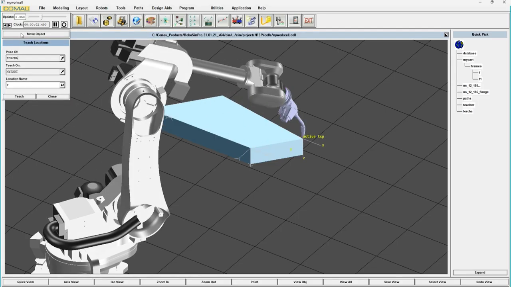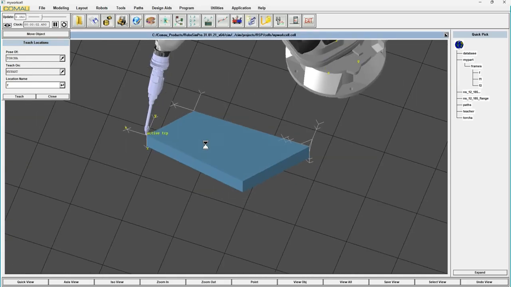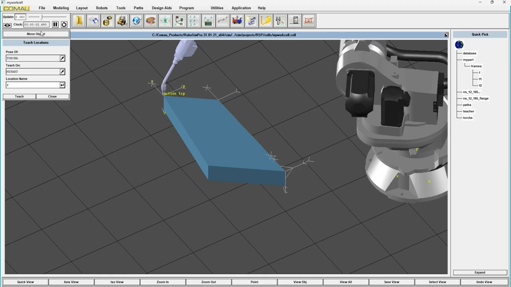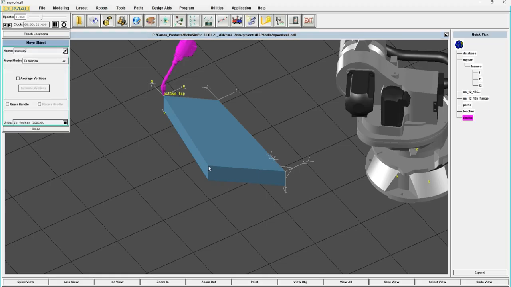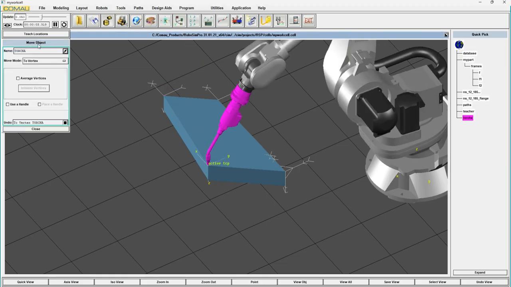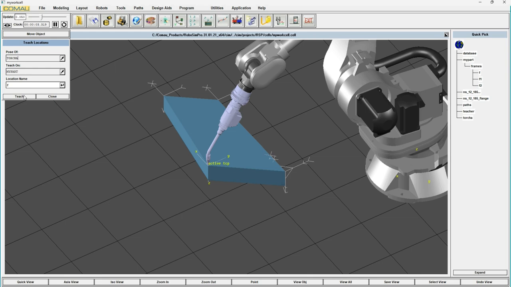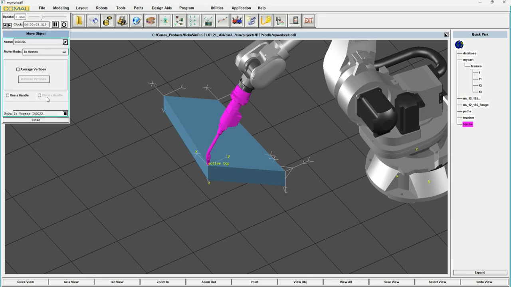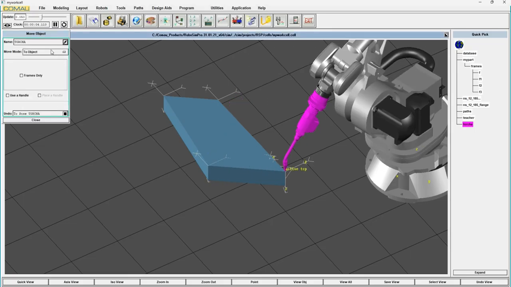So here we just go to each individual vertice of the part that we want to teach on. And notice how the X is always in the same direction. Okay, so it's not lining up with the edges because we haven't lined it up with the edges. So now what we can do is we can move back to the original point, the original vertex, and we'll move it up in the Z